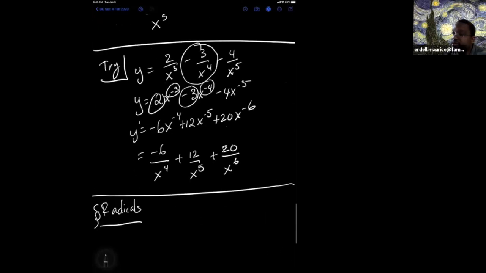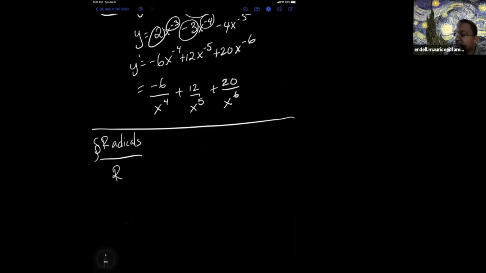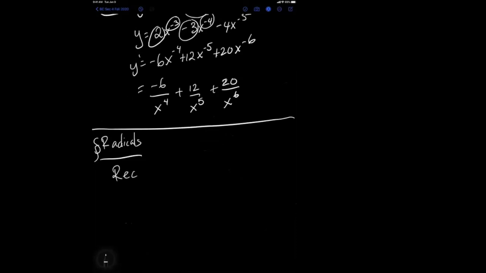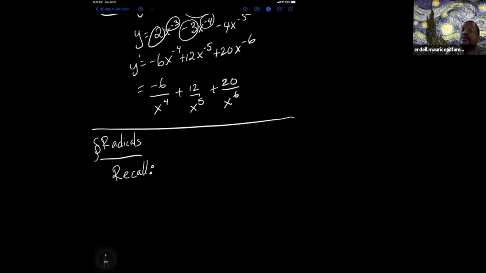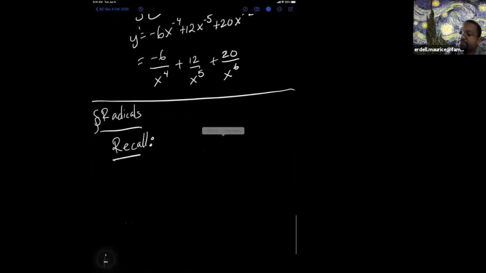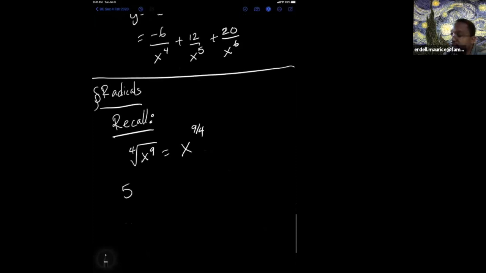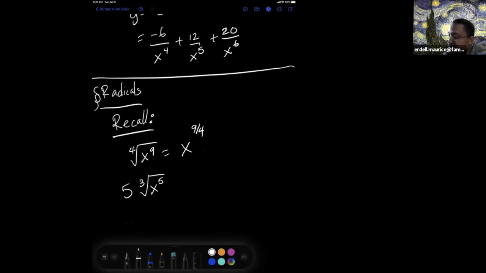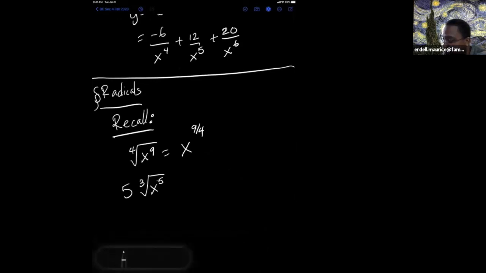So that takes us to radicals. This is a fact about radicals that you recall, because you did it in college algebra. Recall, if I tell you I'm taking the 4th root of a number raised to the 9th power, I can actually rewrite this as x raised to the 9/4 power. Do you remember this? Or if I have 5 times the 3rd root of x raised to the 15th power, then this is going to be 5 times x raised to the